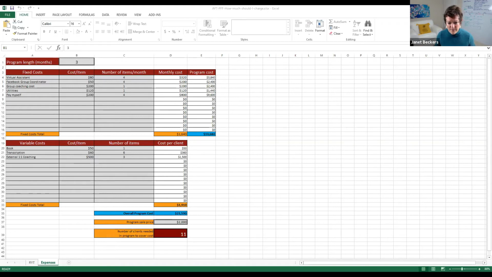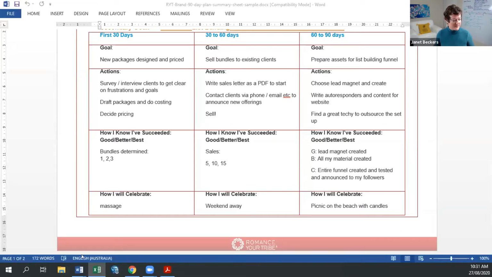So if I go back to this one here, you'll be able to see that we've worked out the things that are deliverable. There's no use putting down, as a measure of whether you've succeeded, how much money you've made, because there is nothing in there around selling. This is where people go wrong. So what we're going to do is define success as how many of these bundles, your packages, you've been able to create. So it may be, I've just got one, and that's all you need really.